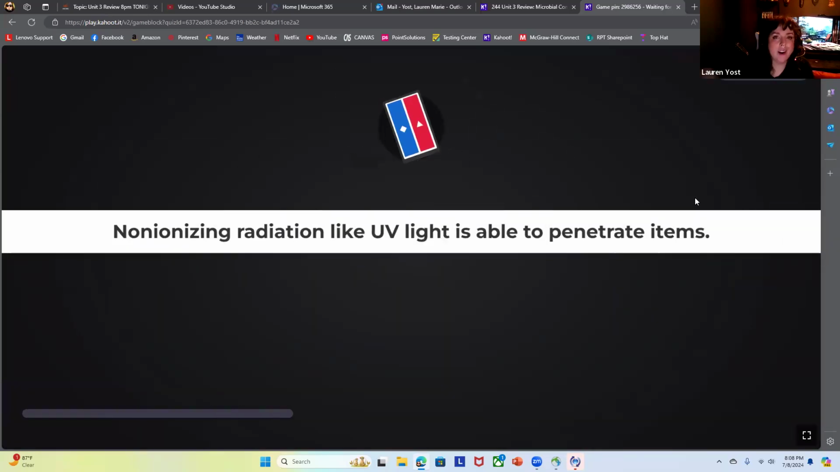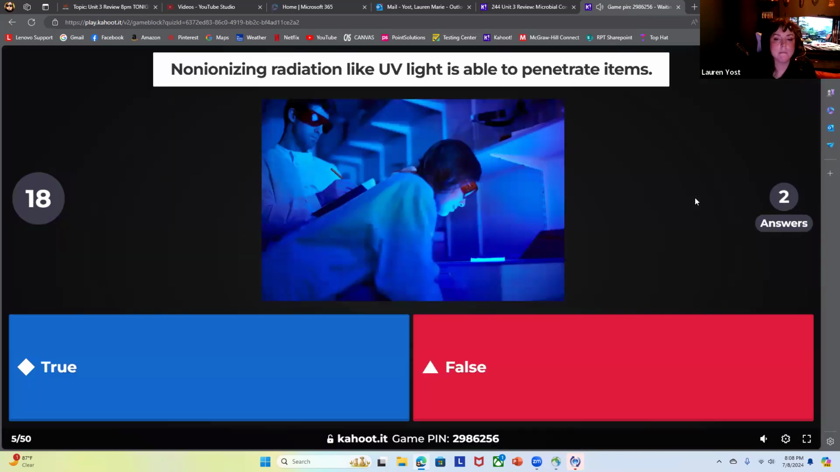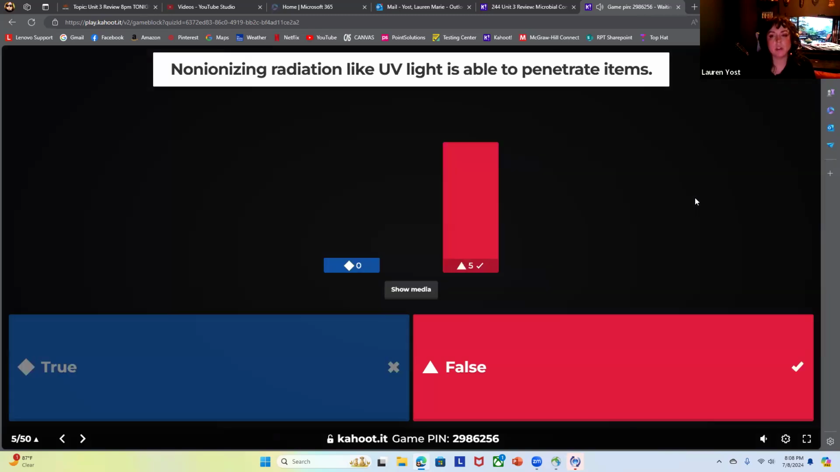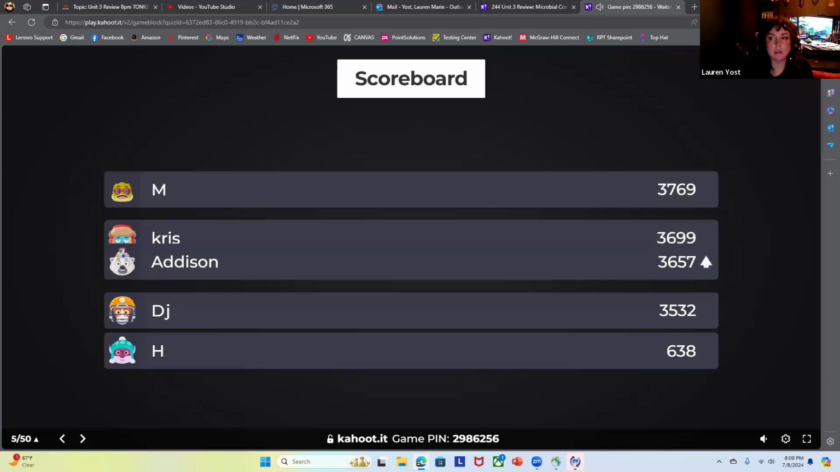All right, true or false? Non-ionizing radiation, like UV light, is able to penetrate items. Okay, so this is false. Non-ionizing radiation, like UV light, can be used to sterilize even some surfaces, but it's not ideal because it doesn't penetrate anything effectively the way that ionizing radiation can. So in this case, non-ionizing radiation like UV light will not be penetrating things. So